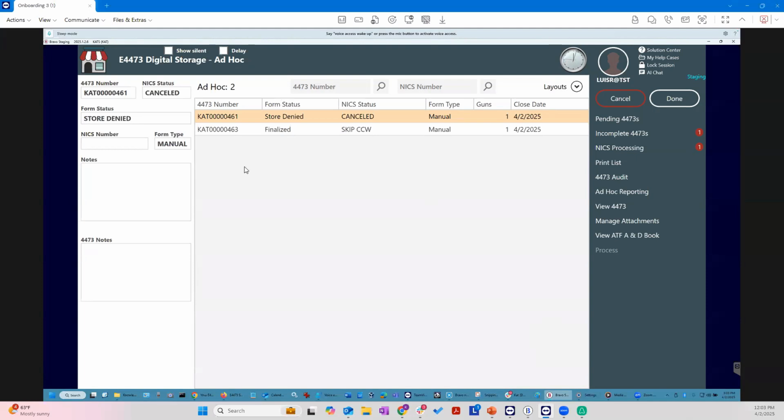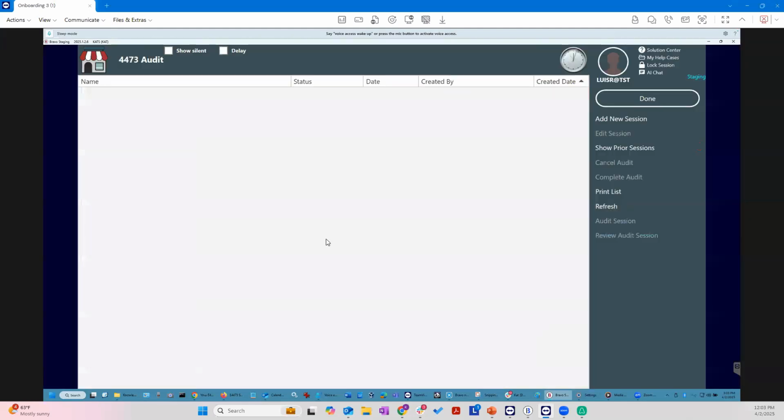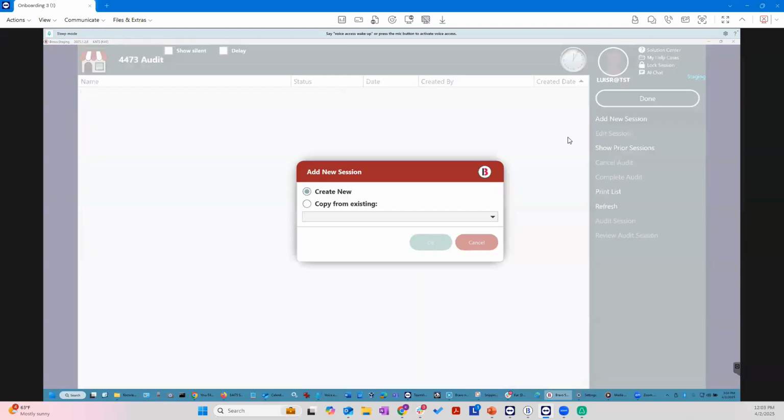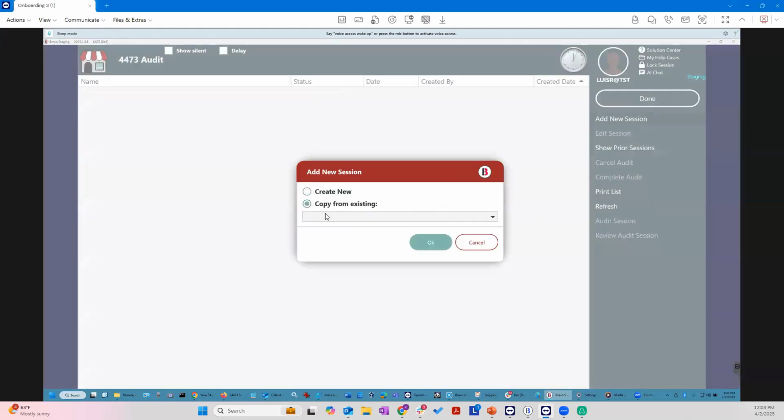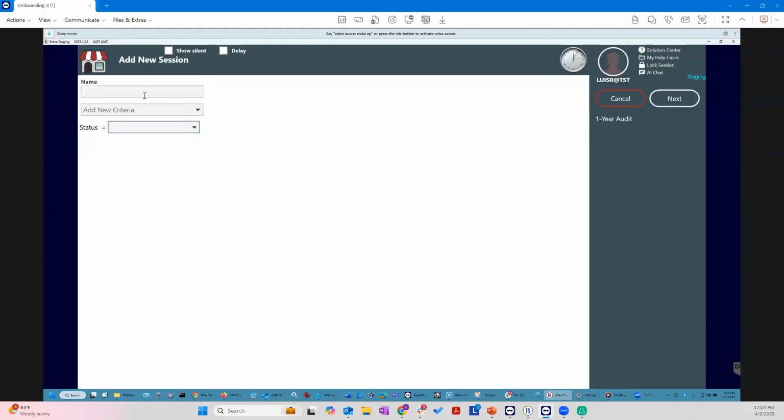Now, the other thing that this portal does is it gives you the ability to do your own 4473 audit. And the 4473 audit session is very similar to how the physical inventories are set up, where you go through and you add a new session. You can create by new or copy from an existing session that you have. And then from here,